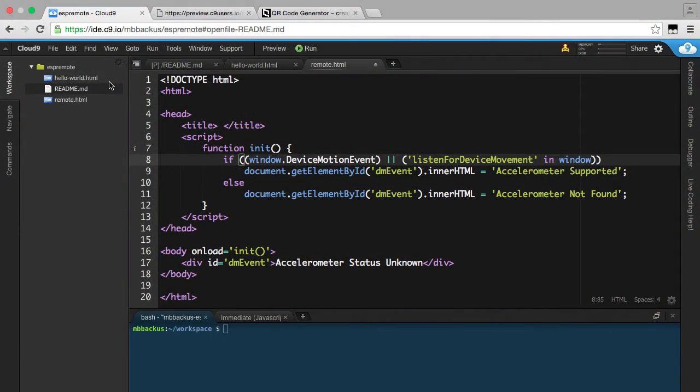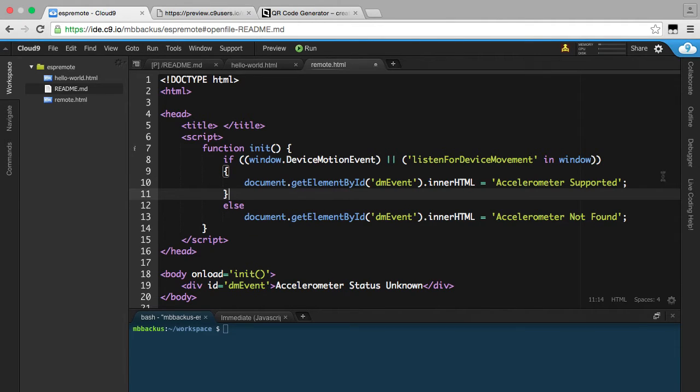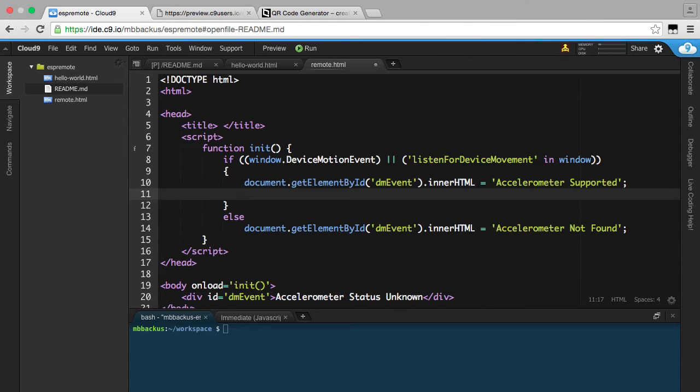To see the values from your accelerometer, go to your init function and we're going to add some curly braces for the true part of the if statement. Right now, only this line of code will be executed if the condition's true, and only one line of code will be executed unless you add these curly braces. Now I can put as many lines of code in this part as I want, and they will all be